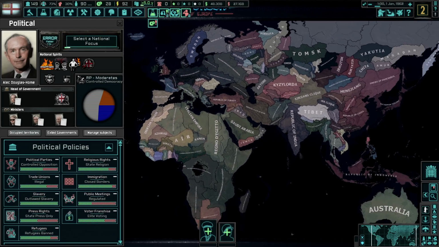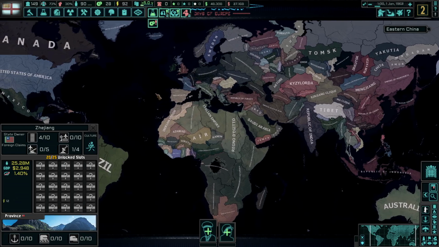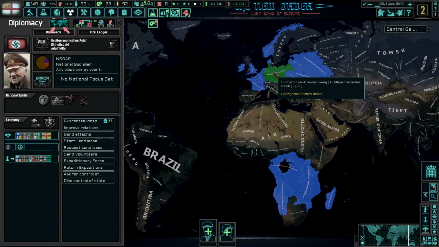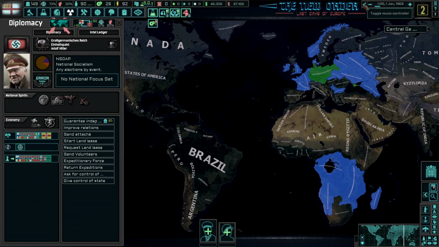Now, in case you don't know, the New Order, the TNO mod, was released a while ago. It's about what if the Nazis won World War II, and it starts in 1962, and the entire premise of the